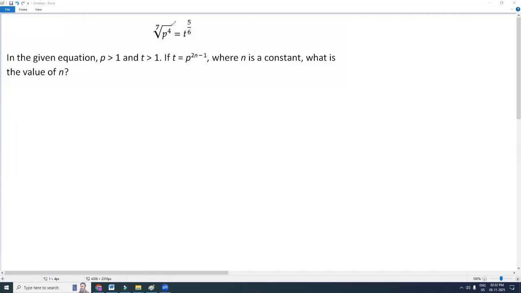Seventh root of p to the fourth power equals t to the power of 5 over 6. In the given equation, p is greater than 1, t is greater than 1. If t equals p to the power of 2n minus 1, where n is a constant, what is the value of n? Okay, now what we can do is we can plug in this p to the power of